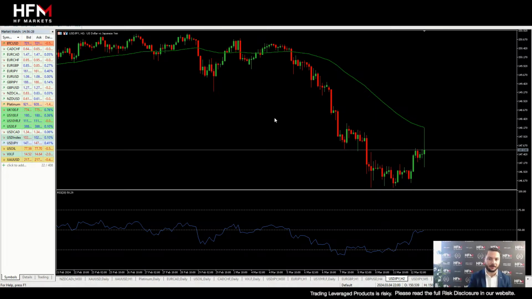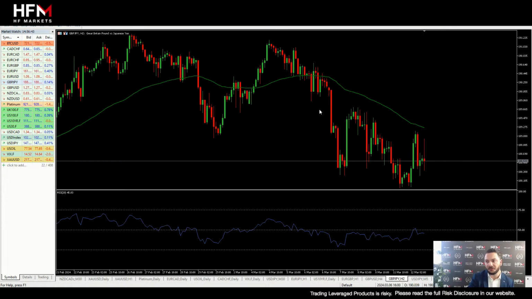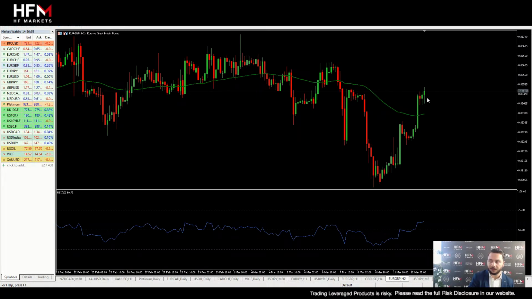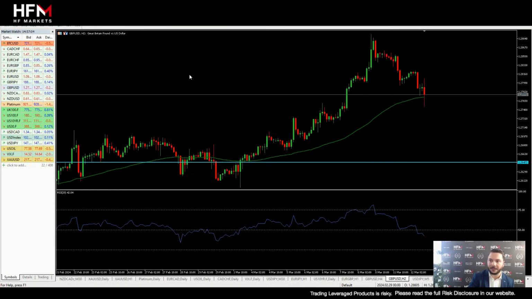So we have to always look at a currency pair as analyzing three different assets: the exchange rate, one individual currency, and the second individual currency. So, for example, if we're looking at the pound against Japanese yen, which is unrelated to the US dollar, what I would do is check pound currency pairs. So, for example, here I'll look at the euro against the British pound. I can see the British pound is declining against the euro. Then I'll go to the pound against the US dollar. I can see the pound is declining against the US dollar. And then I'll go, for example, the pound